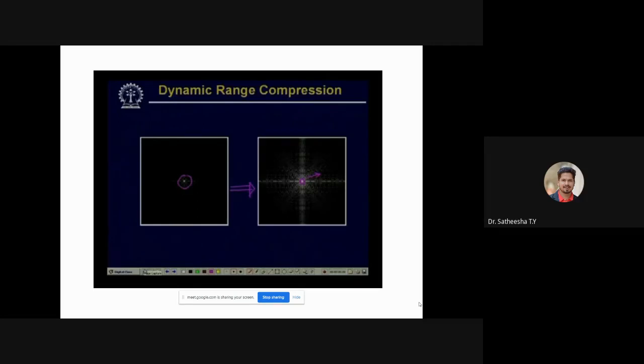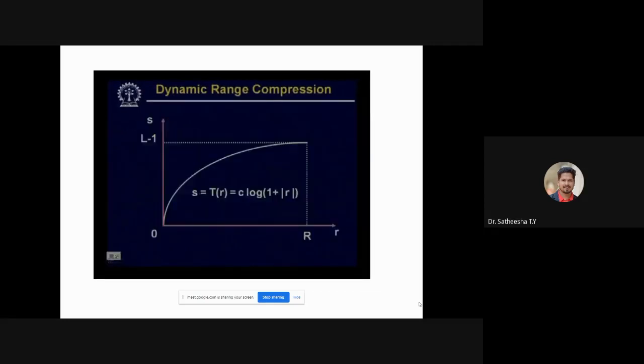Actually, there are a number of intensity values between the maximum and the minimum, which cannot be reproduced by this particular device because the dynamic range is very poor. On the right-hand side, we have shown the same image after some pre-processing, after reducing the dynamic range of the original image using an image enhancement technique. See how the brightness changes here. This is the dynamic range compression technique.